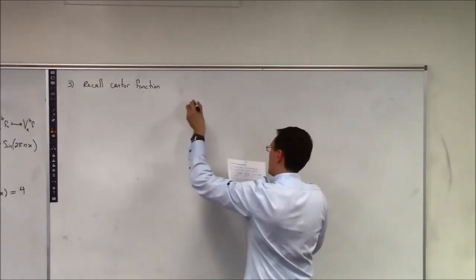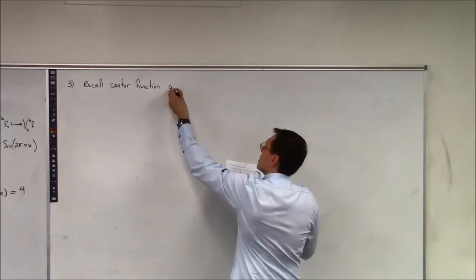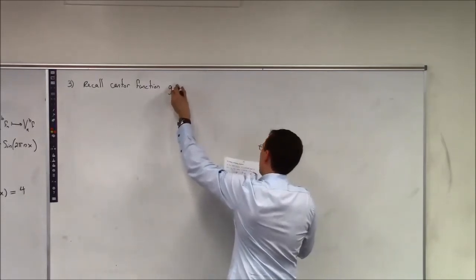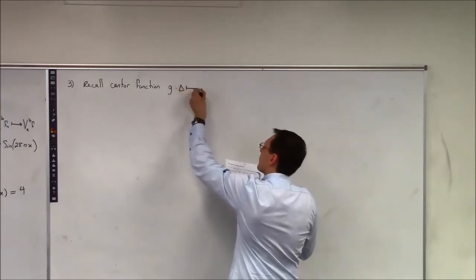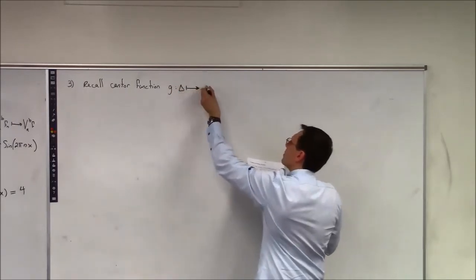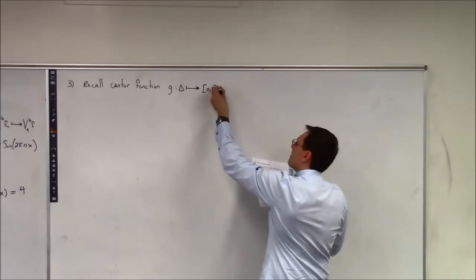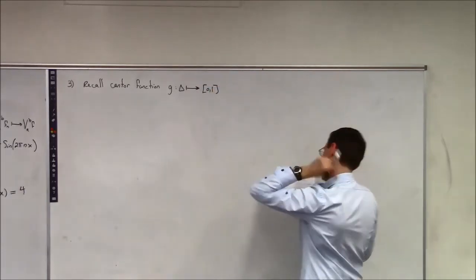So the Cantor function is g from the Cantor set to [0, 1], and it's given by